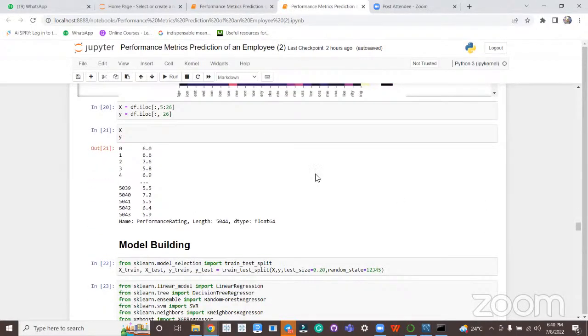we had to take the data and divide it into input features and output features. In total, we had 29 columns, out of which 2 columns were dropped. So we have 27 columns, with index from 0 to 26. We considered all the rows and took the last column, which is the performance rating, at index 26, as output, and the remaining variables as input variables. We also considered only the 6th column to the 25th column as input columns.